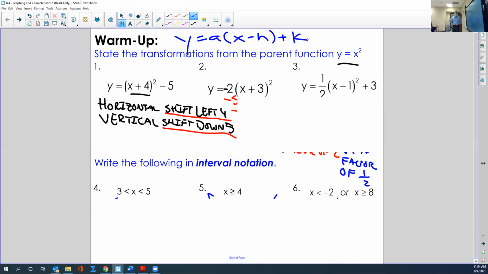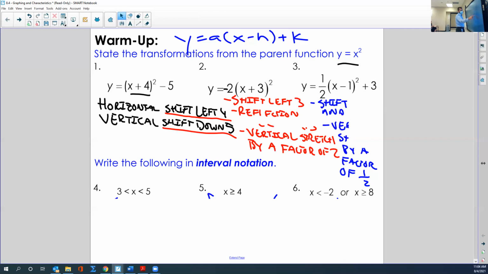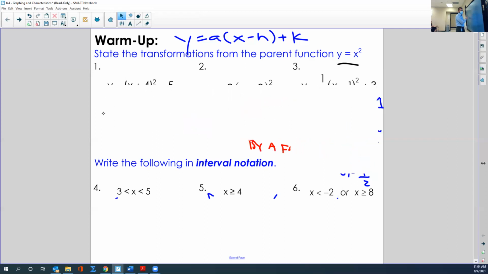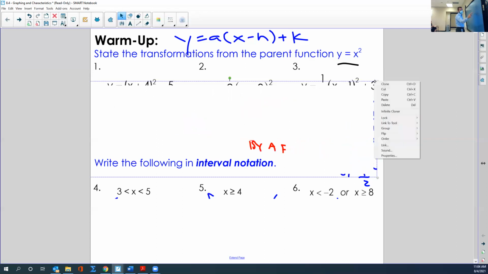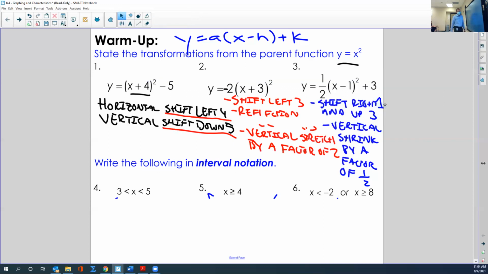The next one, we have the X +3. That tells us that we're going to shift to the right. So it's everything that's in red. Let me get rid of this box. So everything in red. So we have a shift left 3. And we have a reflection over